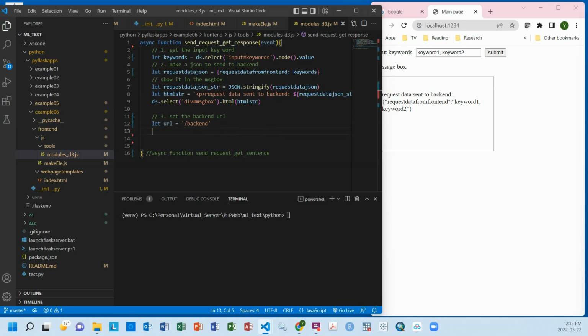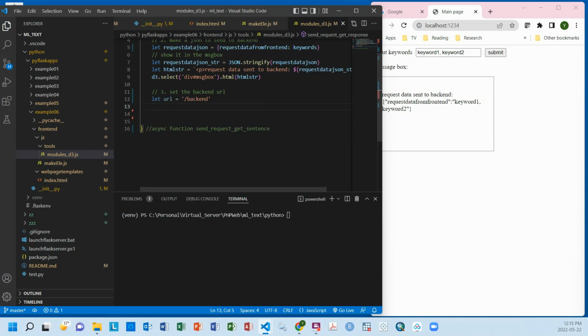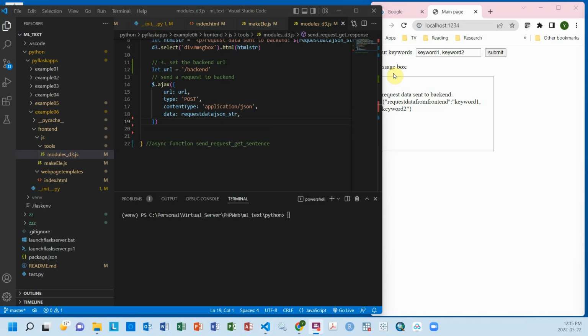So the next is that we're going to construct a jQuery ajax syntax to send a post of this request data. And it's pretty simple. We're going to have this URL here. We're going to say that the type of this ajax is a post. It's not a get. The data for this page is to post something